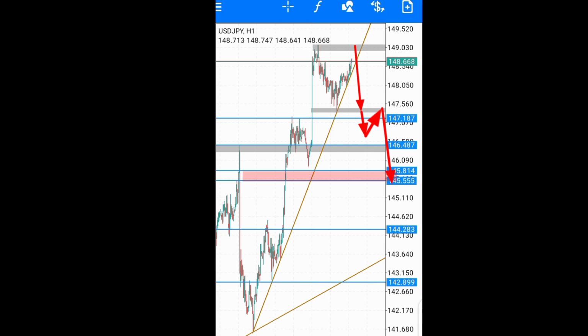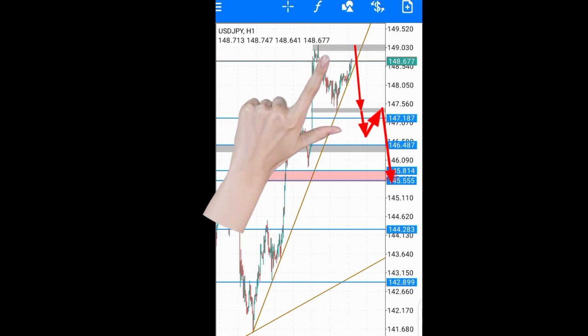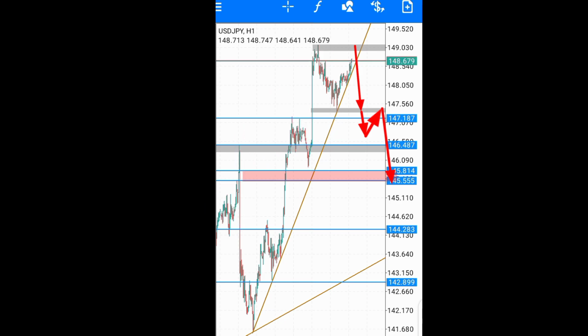So there are lots of long positions which stop loss just below here, and the market always seeks liquidity. So we're expecting that to happen such that the liquidities here will be filled before we begin to look for any further move up. So in summary, what I'm looking at is for this resistance to hold, and then a